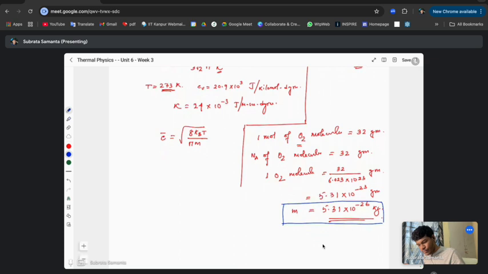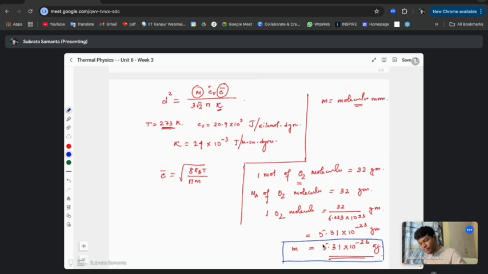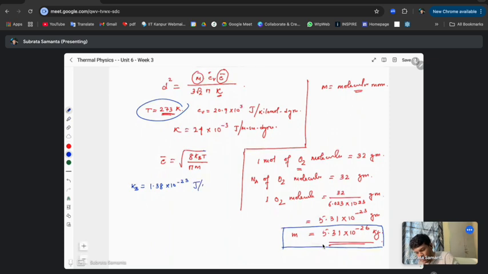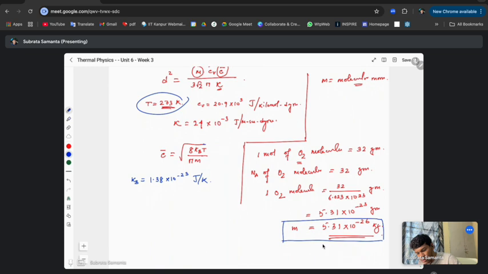Okay, so now once you know the m and you know the temperature T is 273 Kelvin, what is the value of kb? kb is the Boltzmann constant, right? So what is the value of kb? It's the Boltzmann constant, so 1.38 times 10 to the power minus 23 joule per Kelvin. Okay. And your temperature is given in Kelvin. So therefore,